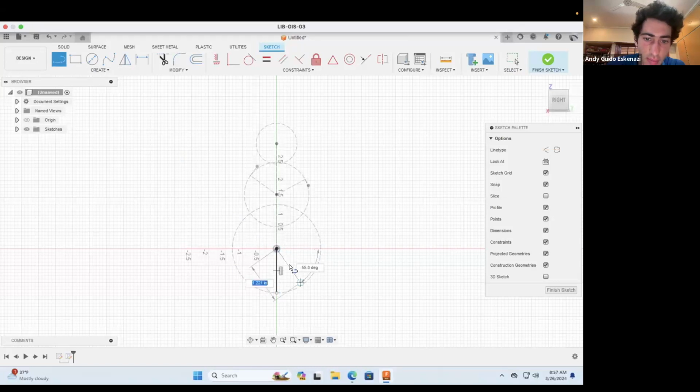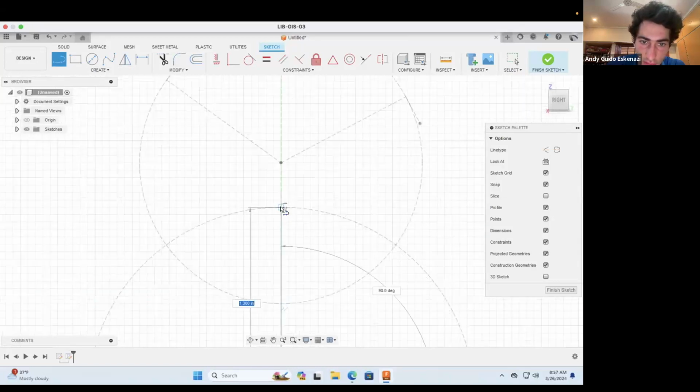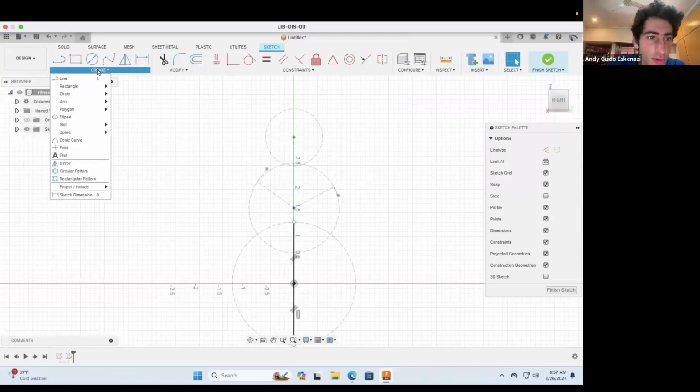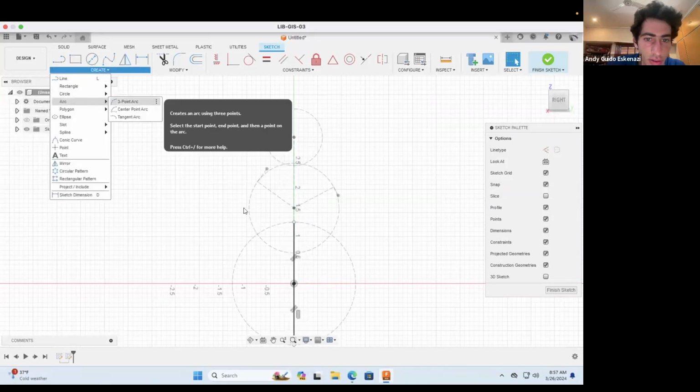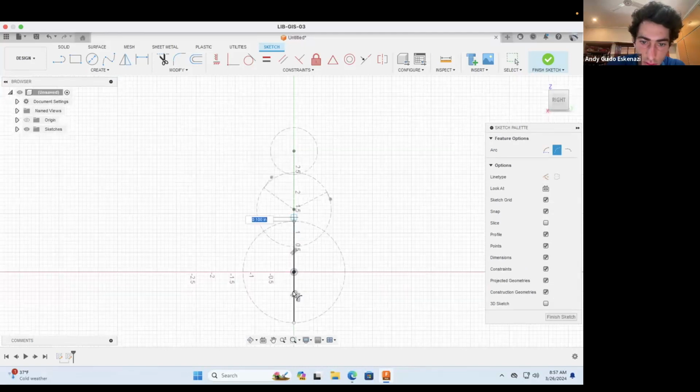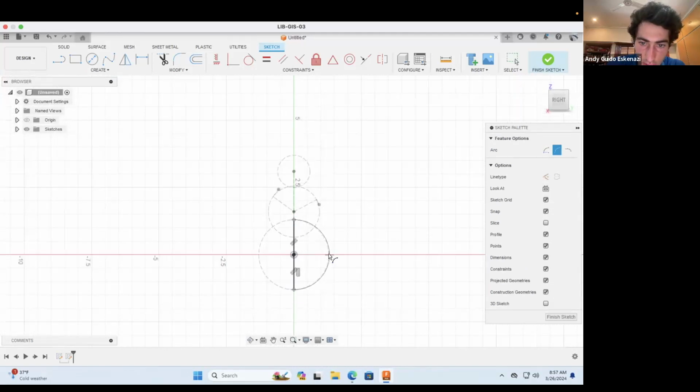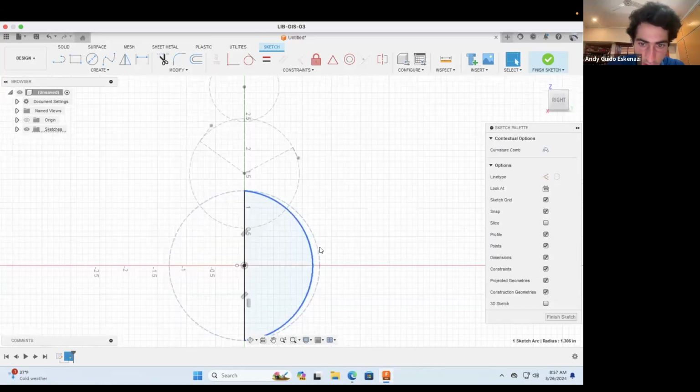And see, it's fully dark because the circle was already fully dark in the first place. There we go. Just like that. And then I can do a 3-point arch. Goes all the way like that. Excellent. And I can say that this and that, I'd like them to be, I think concentric would be,